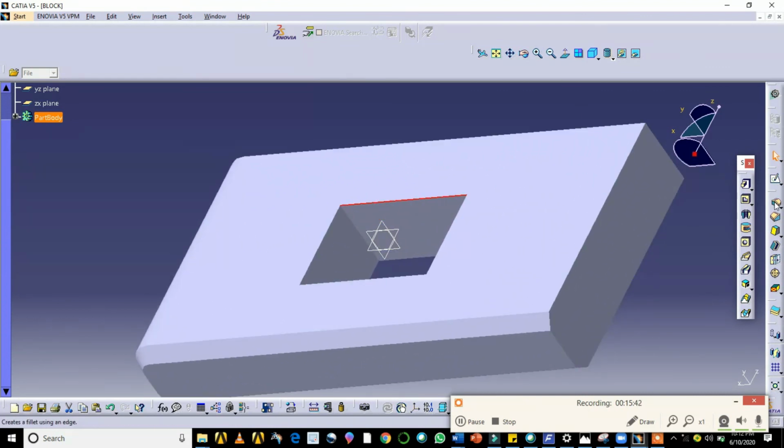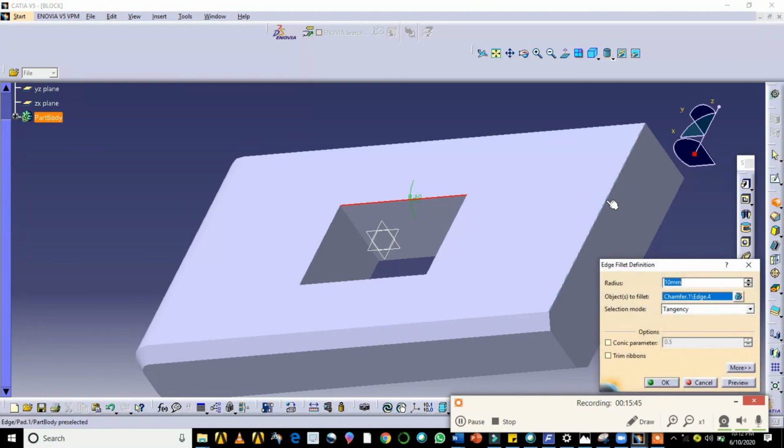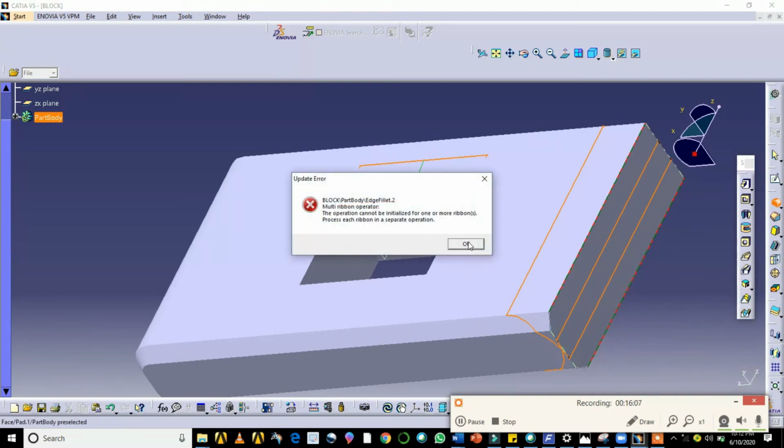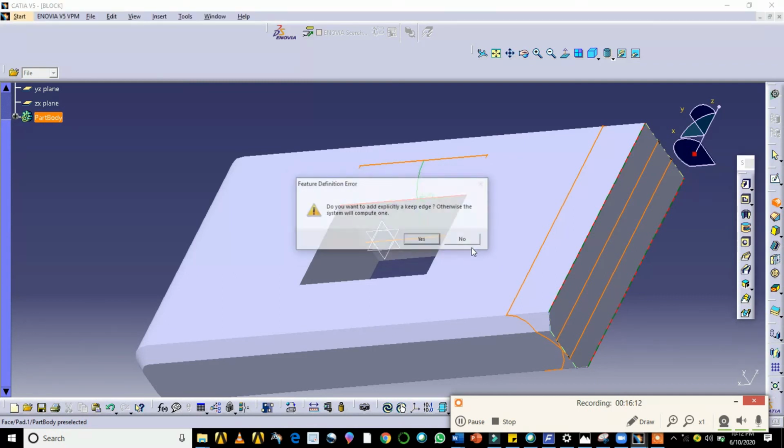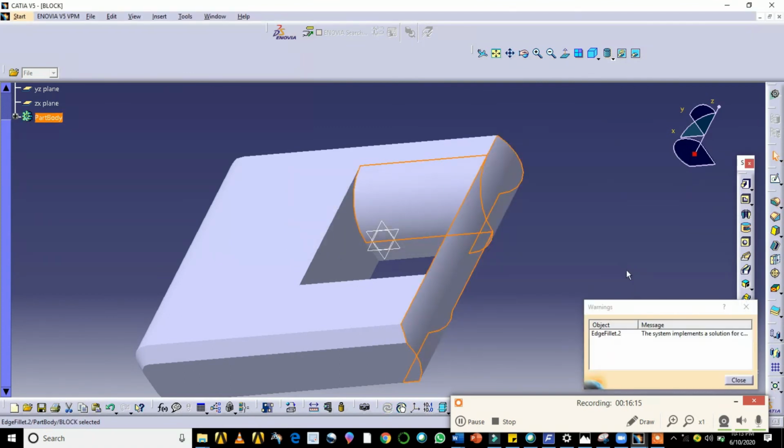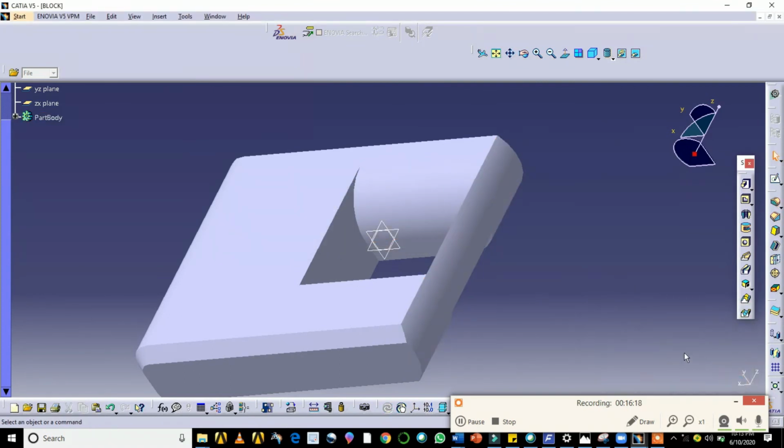Now once again I want to use the edge fillet command. You click here and you click this. How much radius do you want? You enter here. I want a 20 mm radius. View this. See here, a fillet is produced here, till here, of radius 20 mm. So there is an error here. What do I do? I'll press Ctrl Z.